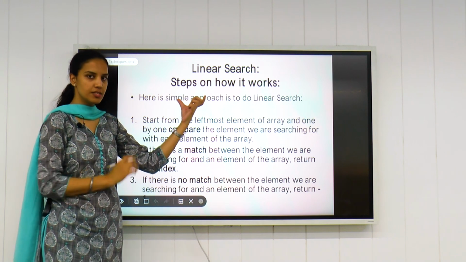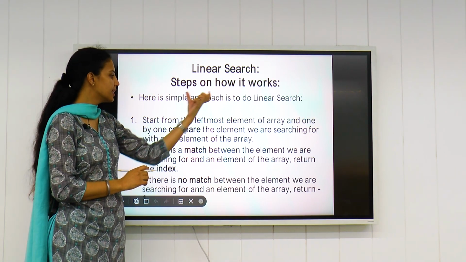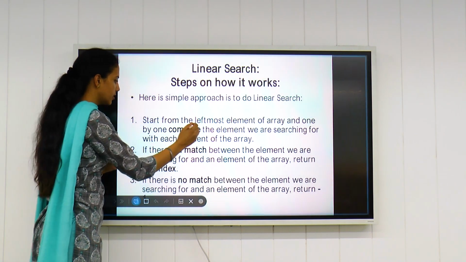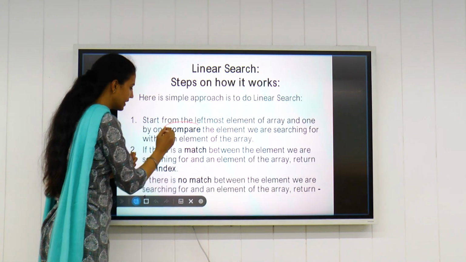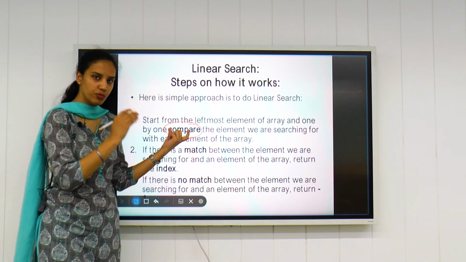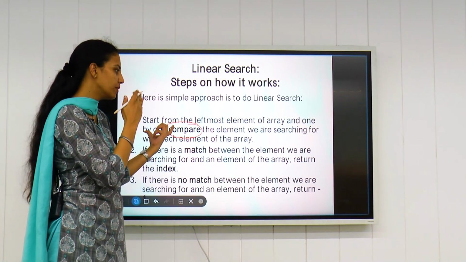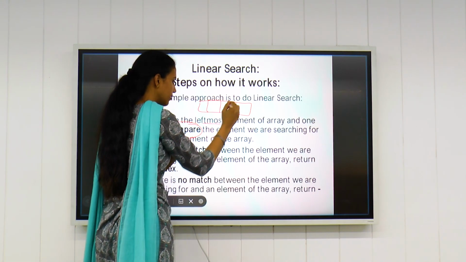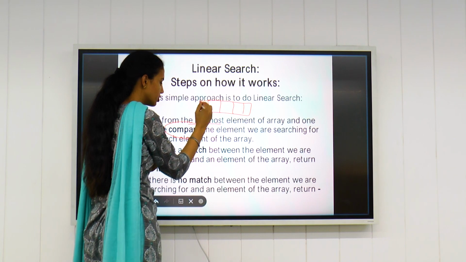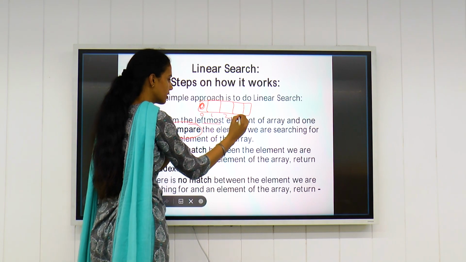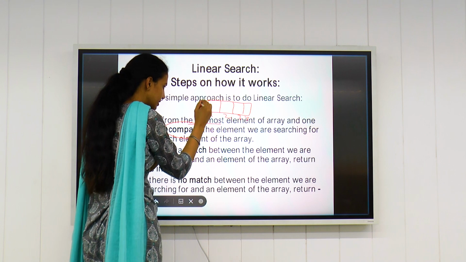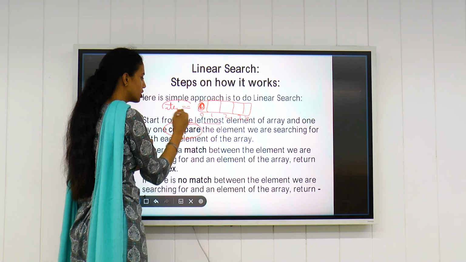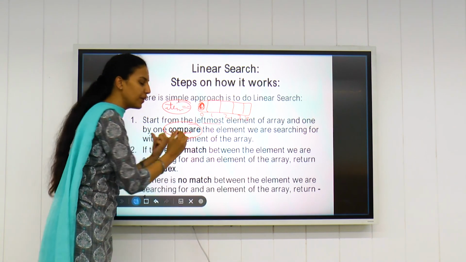So, since I explained the example, linear search basically works with three basic concepts. The foremost concept is we'll compare the element position by position, starting from the first position, that is leftmost. Since this was an array given to us, we started from the first position, that is 0 index. We'll check whether this element is equal to the item which we want to search or not. That is the first step, we'll compare.